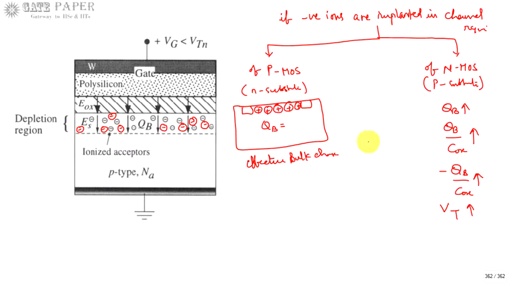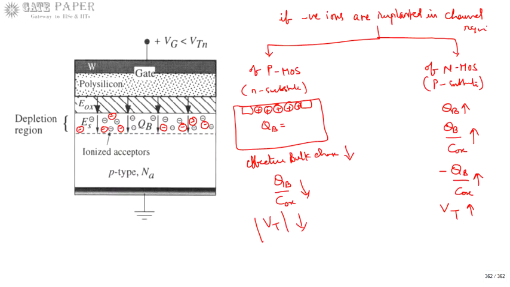Now the bulk charge is made up of positive ions, so the effective bulk charge is going to get reduced. If it is reduced, then the voltage related to the bulk charge is also reduced. So you need to apply less negative voltage in case of PMOS. Okay, so we can say that the threshold voltage is going to be reduced. So if it was previously minus 4 volts, now it will become minus 3 volts or minus 3.5 volts, minus 2 volts, like this. So the threshold voltage for a P channel MOSFET is going to be reduced whenever you are adding negative ions in the channel region.